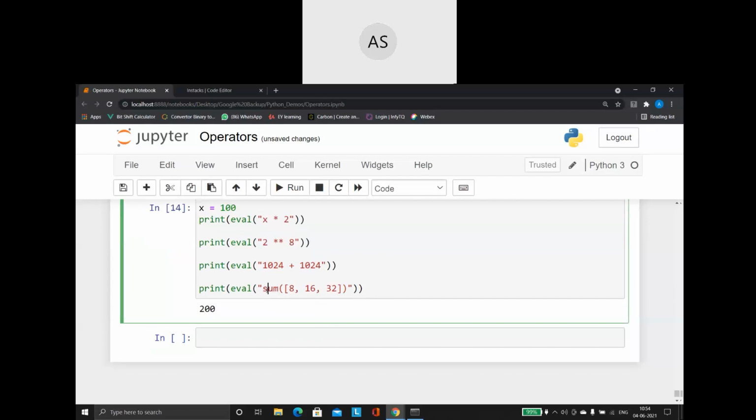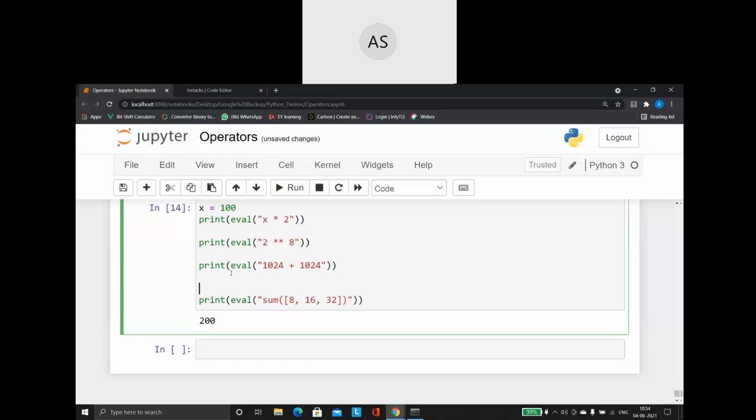I have a function called sum. So please understand, sum is a predefined function. It is used to find the sum, that is nothing but the total of all the elements inside a list or a tuple.